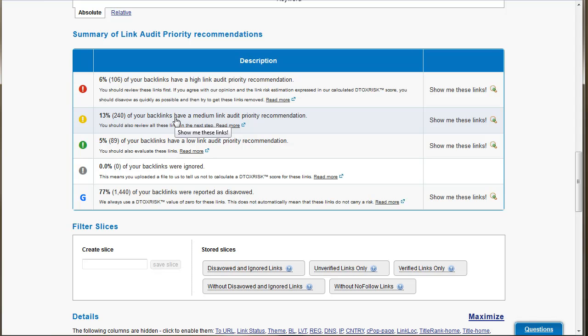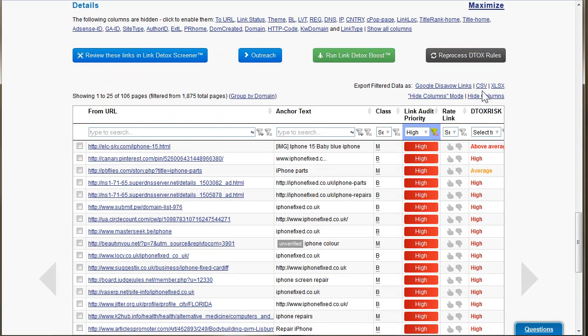And the low link audit priority ones are the healthy ones, and they tend to be the stronger ones too. This also shows that 77% of links are actually disavowed. It knows that because of the disavow file that we uploaded.